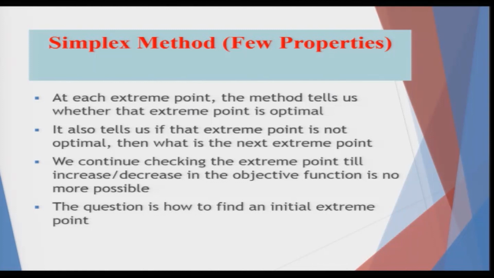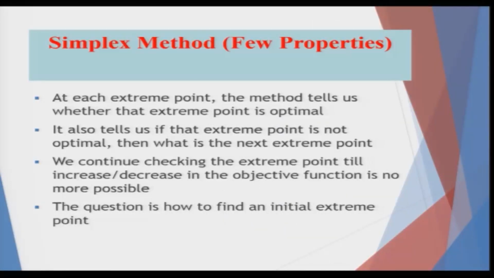Now, at each extreme point, the method tells us whether the extreme point is optimal. Say, for example, you reach the optimal, and we will see how this is done mathematically. Now you try to move. When you move, if the rate of change of the function, in the negative or positive direction, is not improving the objective function, that means in a maximum problem it is not increasing it, or in a minimization problem it is not decreasing it, obviously it means the extreme point from where you started, or have just reached, is the optimum point. That would come out from the solution technique very simply.